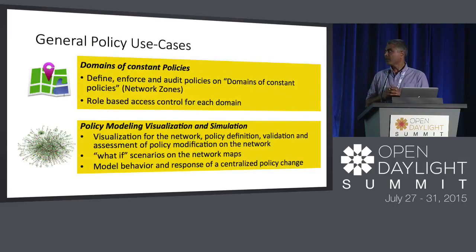And then you have what I call the domains of constant policy. This will come as some of the advanced use cases. So far I covered some simple ones. This is where you have more than one autonomous domain for an administrator. You can have an infrastructure which is sliced. Think of it like a multi-tenant example, but at your infrastructure layer. You should be able to do that, and then role-based access for how you divide your infrastructure. And then you have the policy modeling and visualization.